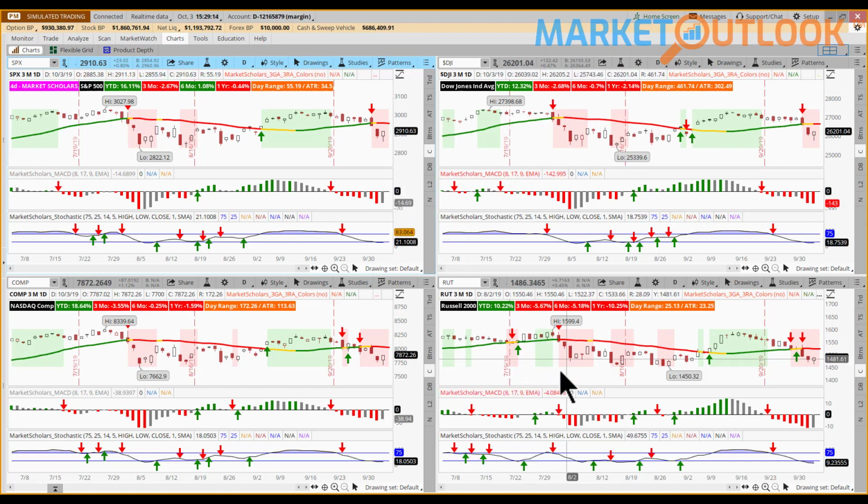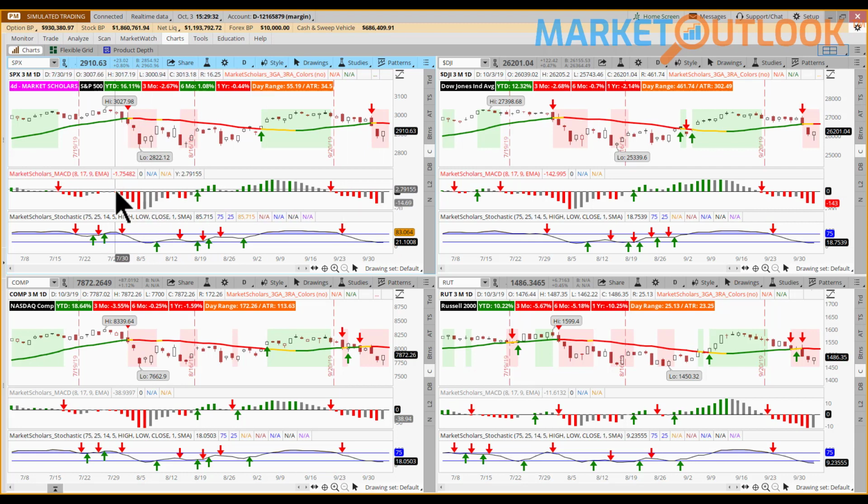Notice here that we have a kind of a color-coded system when we're looking at the MACD histogram. And generally, when those MACD bars continue to go lower and lower and lower, they're painted red. When they start winding back higher, they start to paint gray. Over here, this would be a pretty good example of that